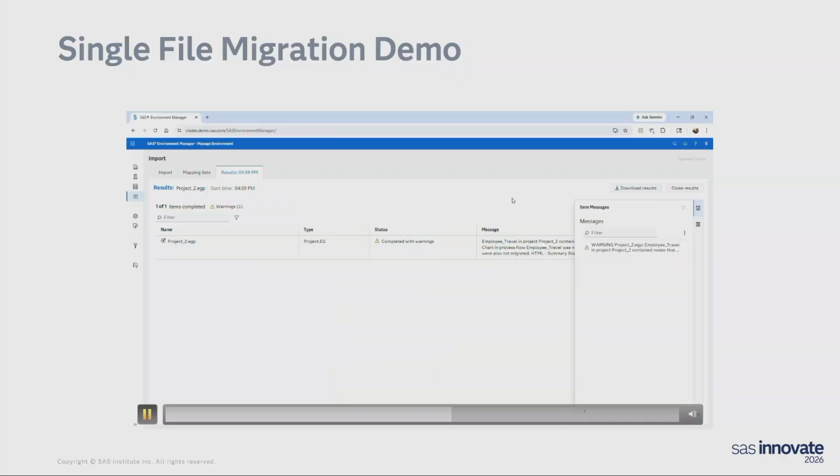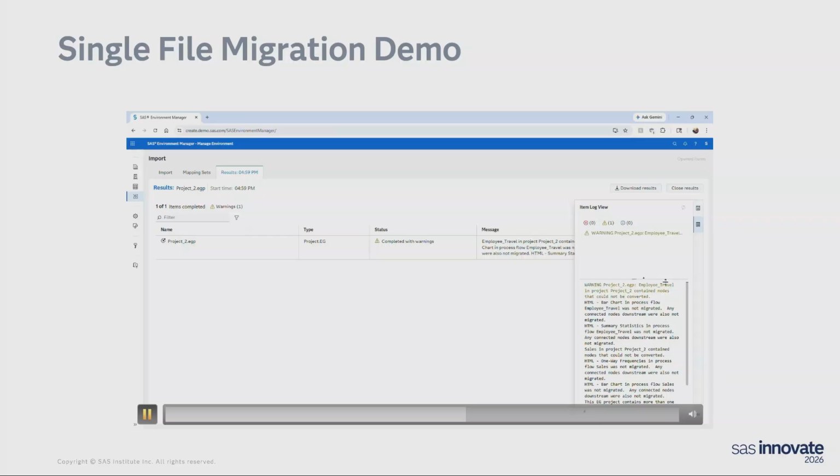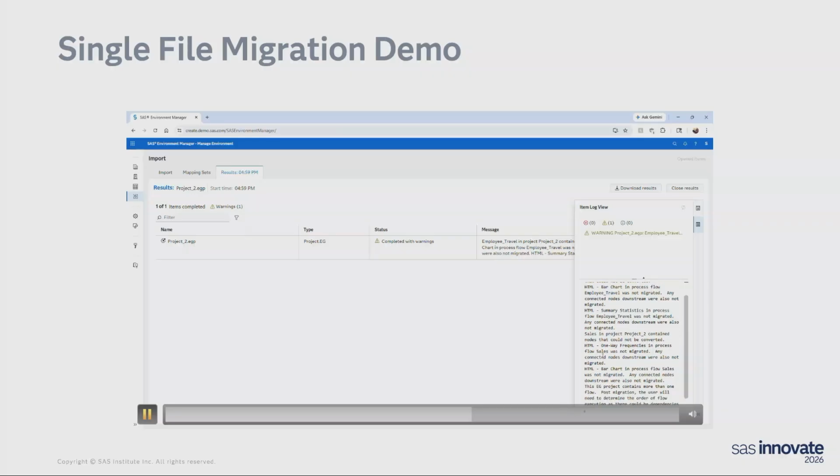We can see that this finished rather quickly, but we did receive some output with messages, including warnings. If we move over to the log, we're able to review the warnings, and we see that multiple nodes were not able to be converted. We see that all of these nodes are HTML nodes. This is because Enterprise Guide uses HTML as the standard output and creates a task in the flow for each output. This is not the standard output within SAS Viya, so those nodes are not converted. It does not stop you from getting your results, they just show up in a different way.